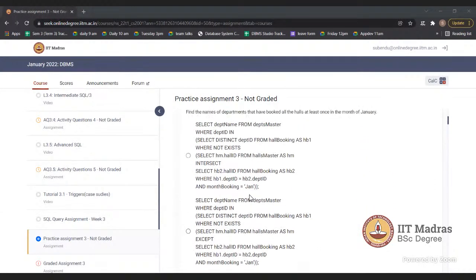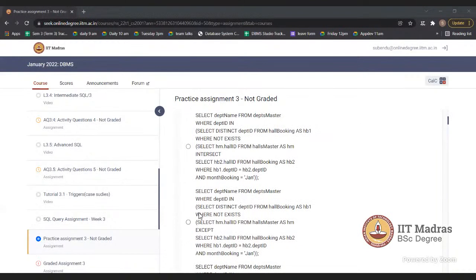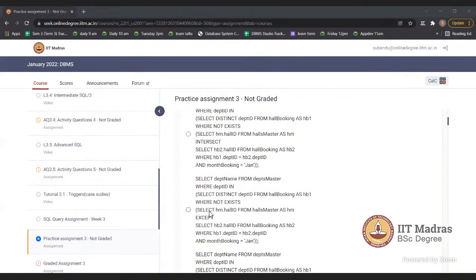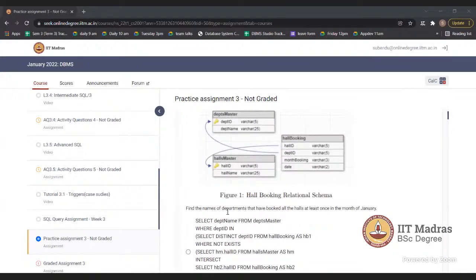See this subquery: select hall ID from hallmaster as HM. The question is: find the names of departments that book all the halls at least once in the month of January.